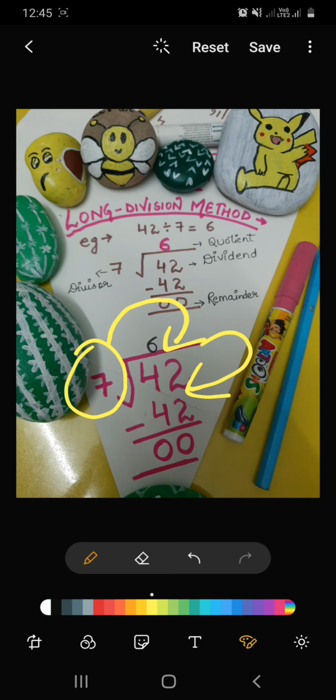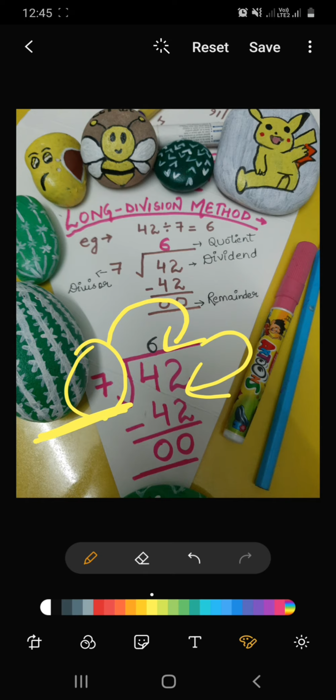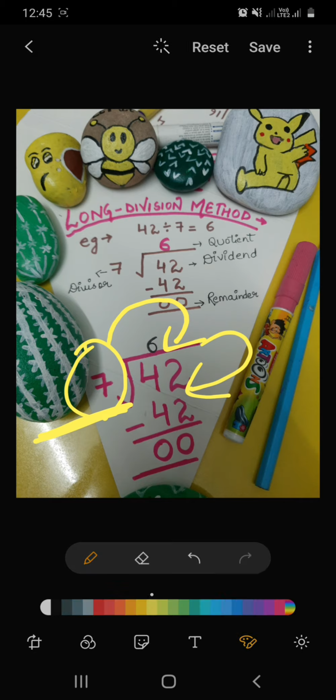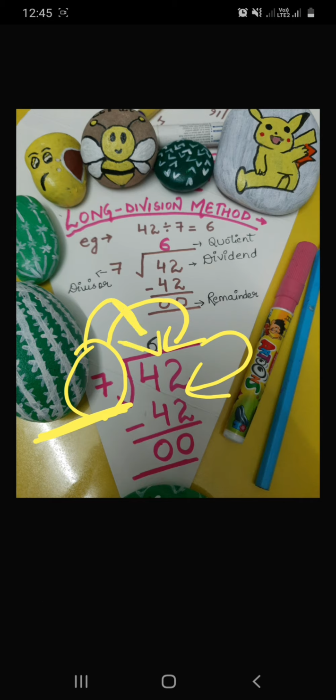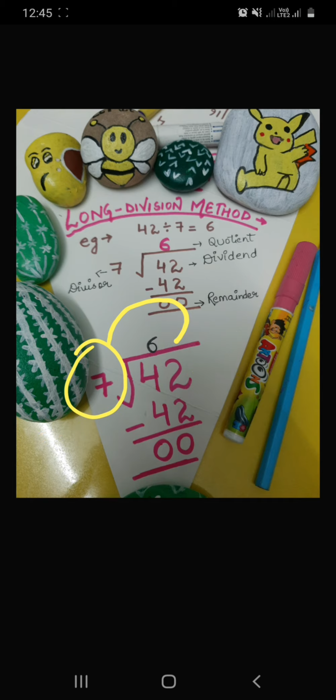So is that clear to you? What we have to do is, I repeat again, we have to read the table of the number which is outside, and जितनी बार आता है, जितने टाइम्स आता है, उस टाइम्स को हम लोग ऊपर लिखते हैं. ओके, एंड द आंसर इज़ ज़ीरो. ये आंसर हमेशा ज़ीरो नहीं होता.